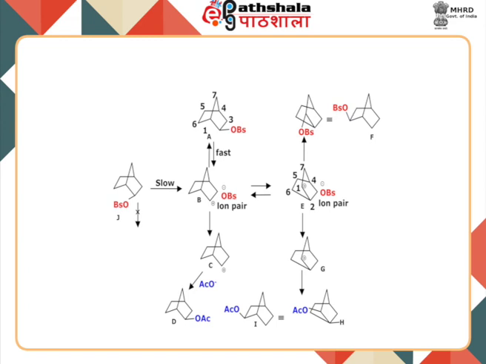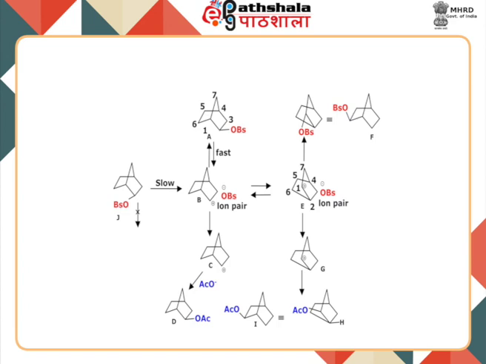Another thing you can notice is that from this ion pair E, the OBS minus gets detached and we get this proper carbocation at the first position, that is at the C1, and now this can be attacked by OAC minus as the nucleophile at C1, and after writing it properly, what you can see is this is the I product which is formed. So, that is how we can justify all of the products which are there as major or minor,